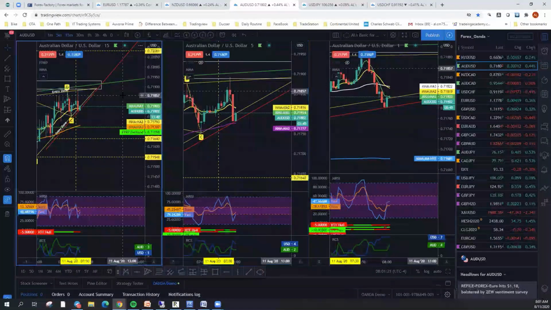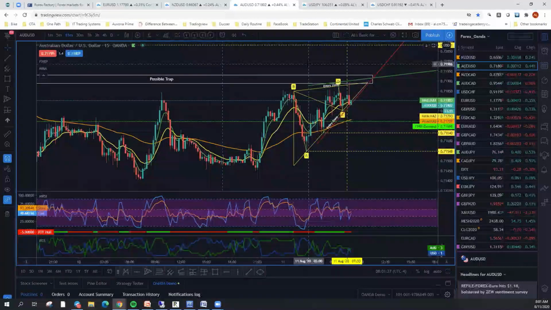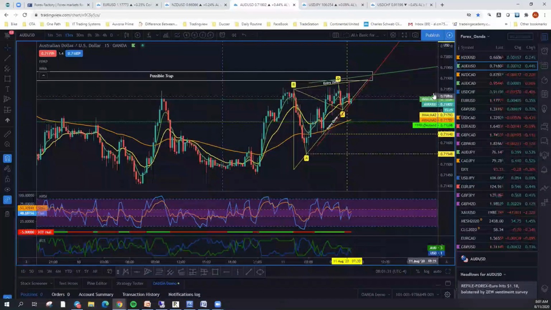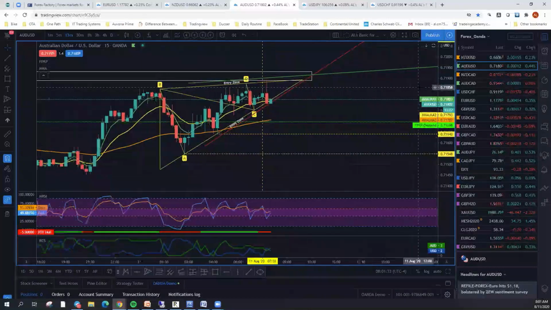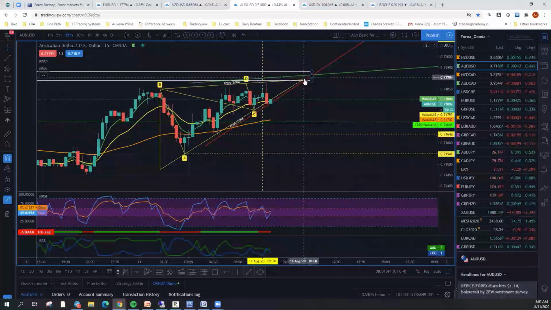I drew the wedge looking at a 15-minute chart. Sorry if I have to go a little bit fast, but this trade was alerted at 7:30, and we don't have a lot of time here if it's going to break. So the alert was here at 7:30, and it was an ascending wedge. I looked for 3 hits on the lower part and looked for somewhat of an upward slope on